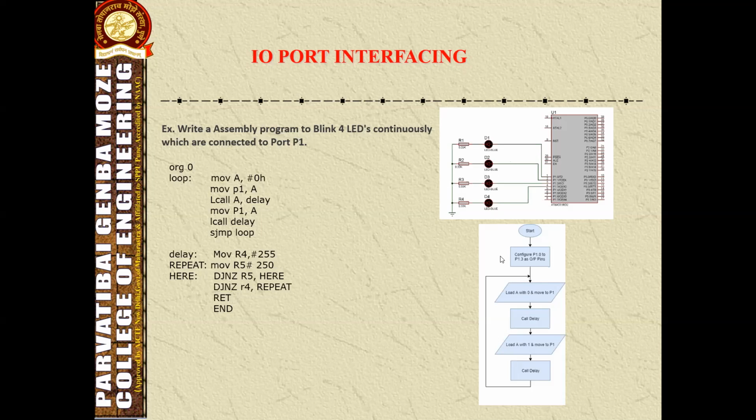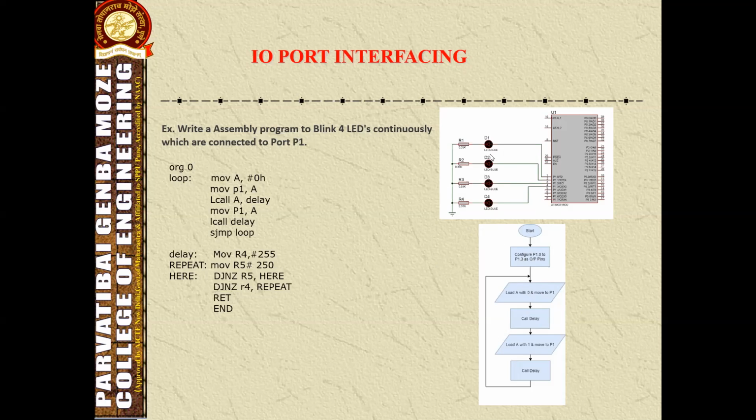For that, we have to write an assembly language program. So first, we have to start from a flowchart. First, we have to understand the logic and how we can perform the step-by-step operation here. First, we start. We have to configure all the pins where we have connected LEDs as output ports,